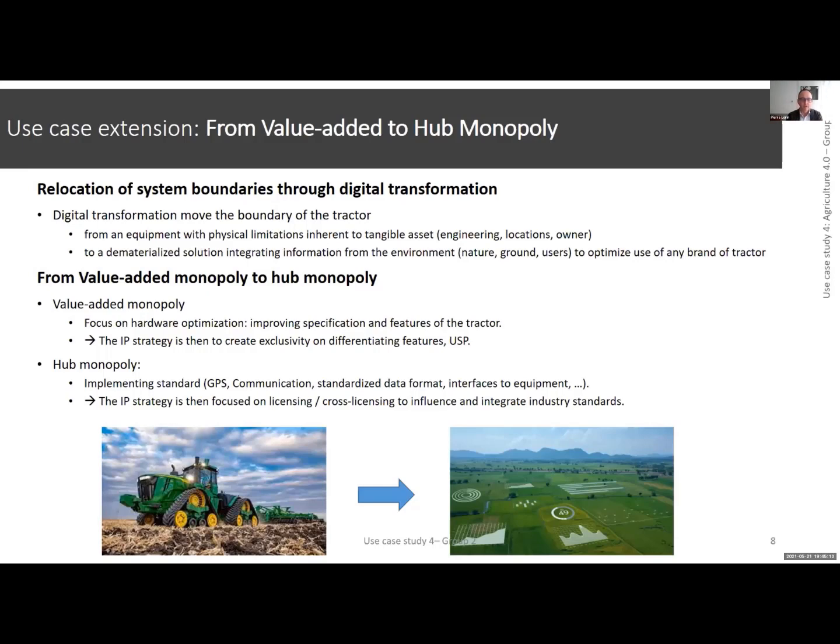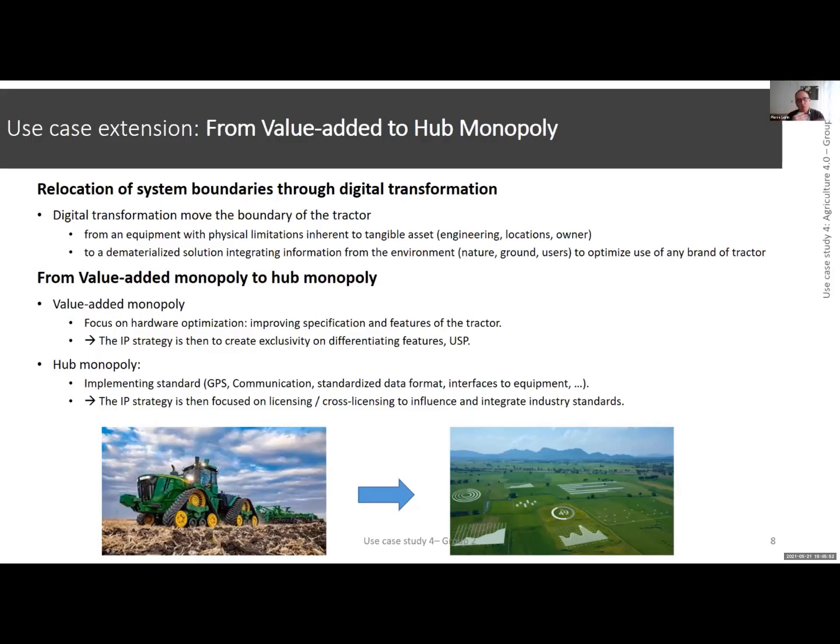In this case, we are creating exclusivity on physical differentiation features and USPs, while the hub monopoly is more suited to protect exclusive points in the digital ecosystem, where there are many more players involved in this field. So one needs to protect